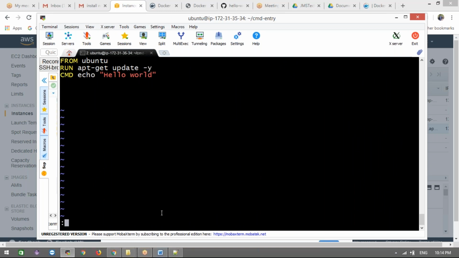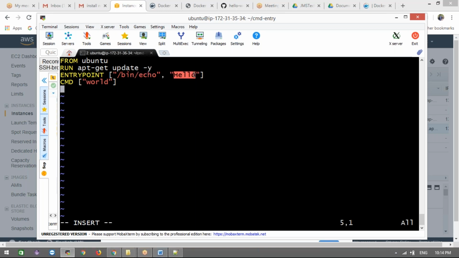And you want to delete all the lines, shift colon 1 command $d, delete all the lines at a time, paste it. Okay, what will happen? This entry point, I told you, CMD has three forms. One is the shell form, another is the exec form, and another is the combination of CMD and entry point. Now what I feel like, I want to pass bin echo and then hello.